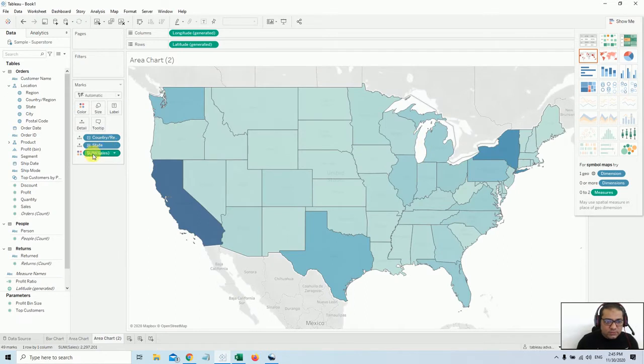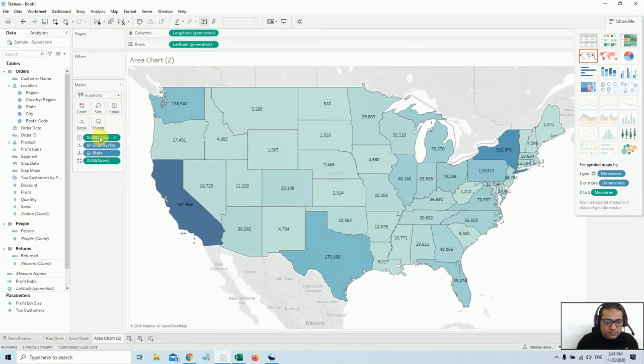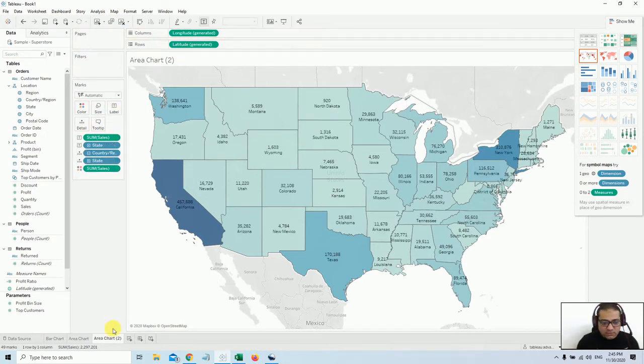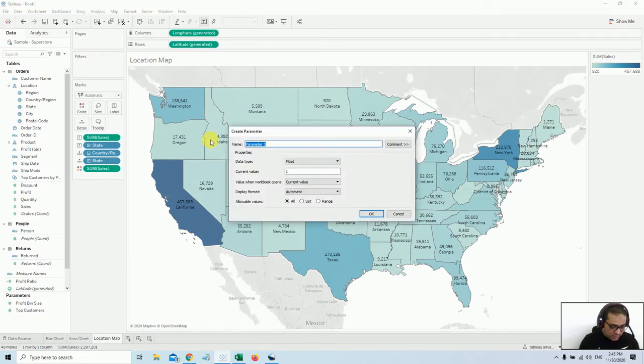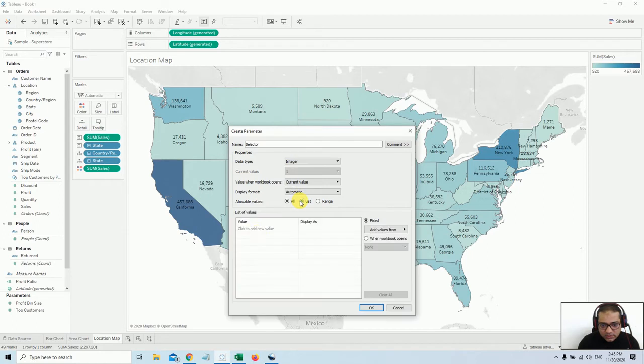I'll just use this as labels and the label of the state as well. I will name it location map. To make this dynamic visibility work, let me add a parameter here. I call it selector, and I call it integer list, and here I say 1, 2, 3,